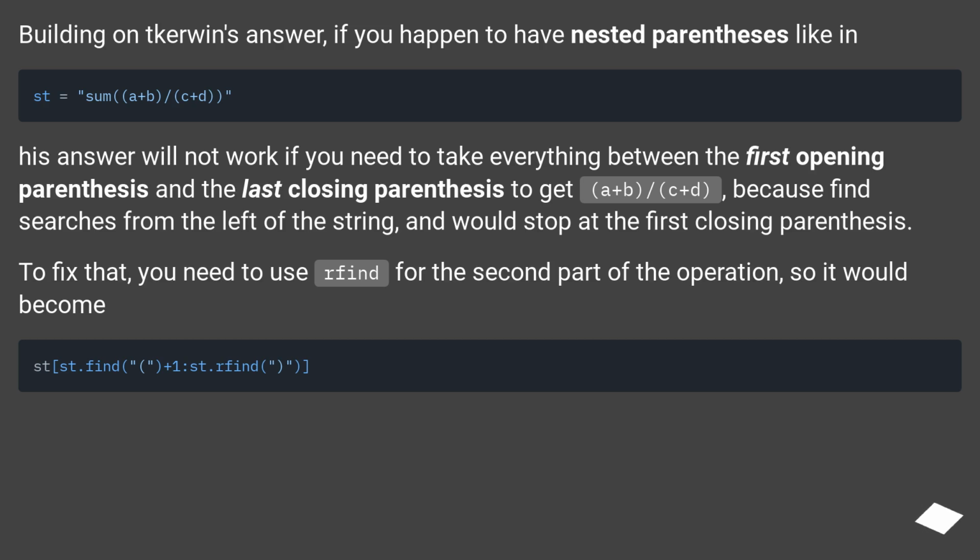Building on Kerwin's answer, if you happen to have nested parentheses, his answer will not work if you need to take everything between the first opening parenthesis and the last closing parenthesis to get A plus B, C plus D, because find searches from the left of the string, and would stop at the first closing parenthesis. To fix that, you need to use rfind for the second part of the operation, so it would become